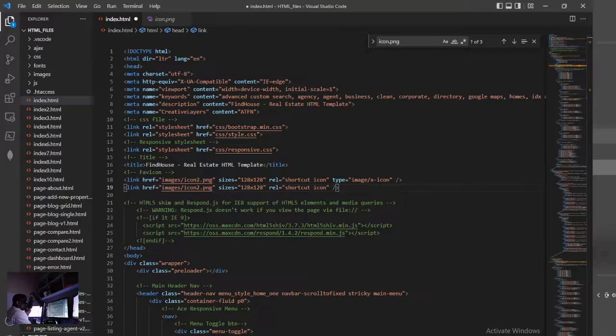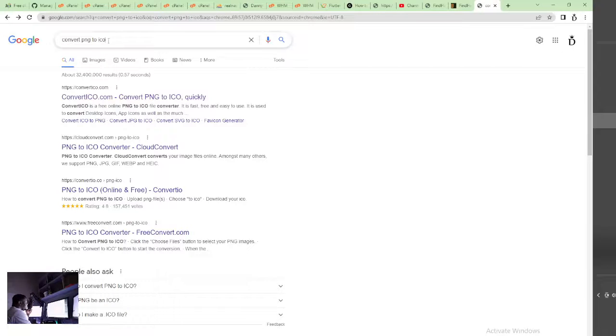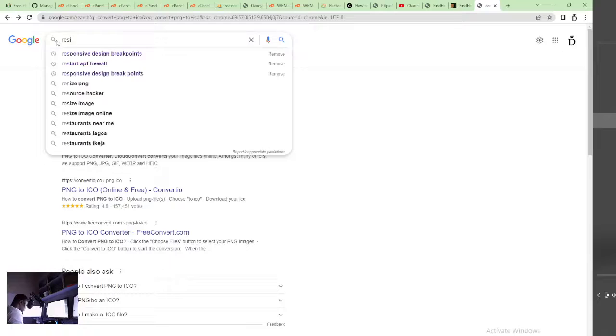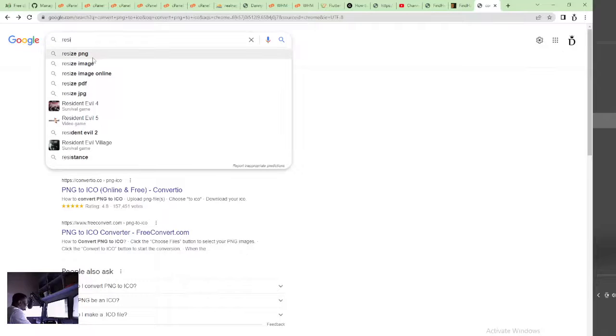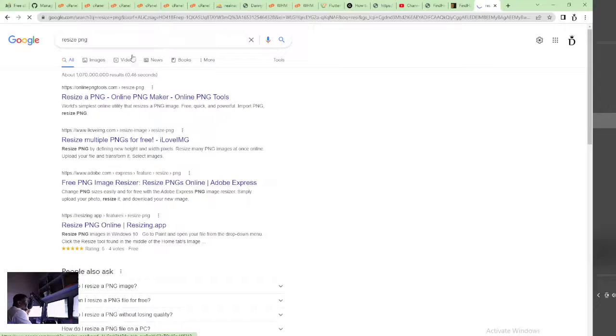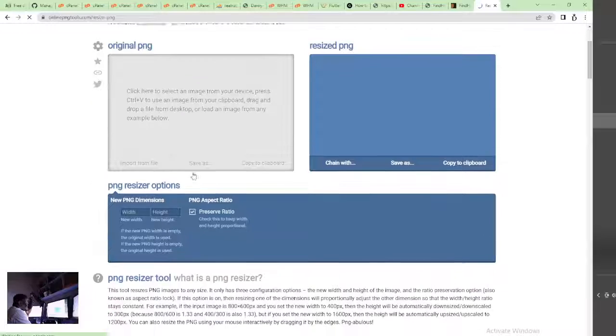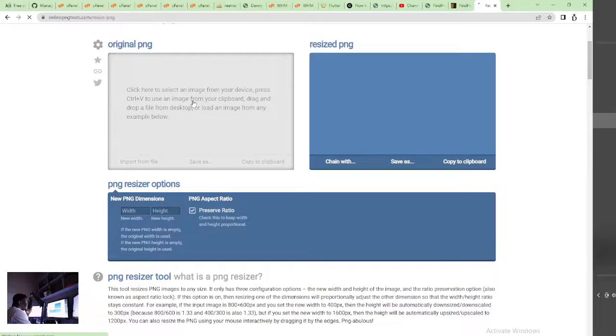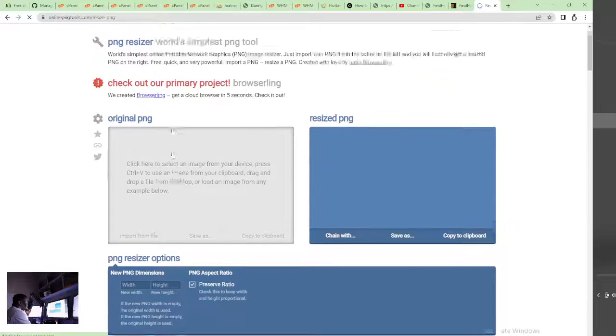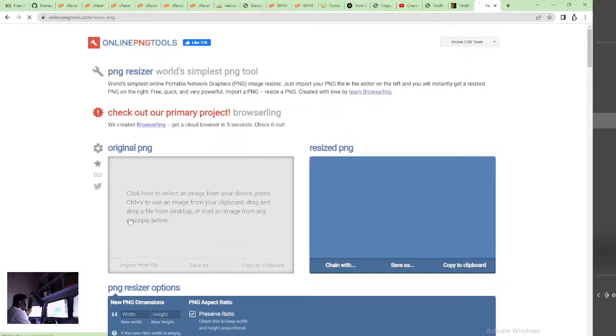Then let's head back to resize PNG. I think I can actually do this with my own computer. I think Windows has this... what is it called again? Windows has this way of resizing things, so I could have just done this. Okay, so I want to